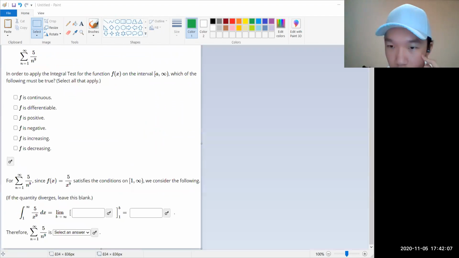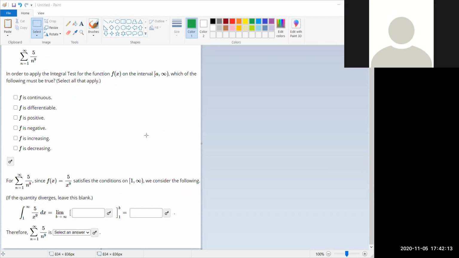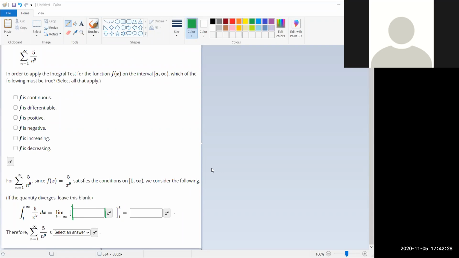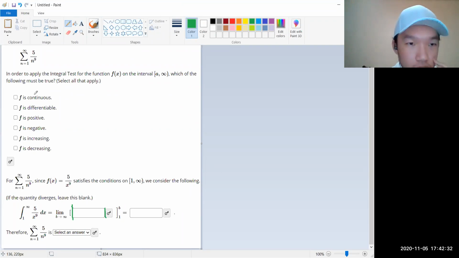Okay, so the part where you write the limit, are you talking about this part right here? Okay, so since this series satisfies the conditions for the integral test, we can,